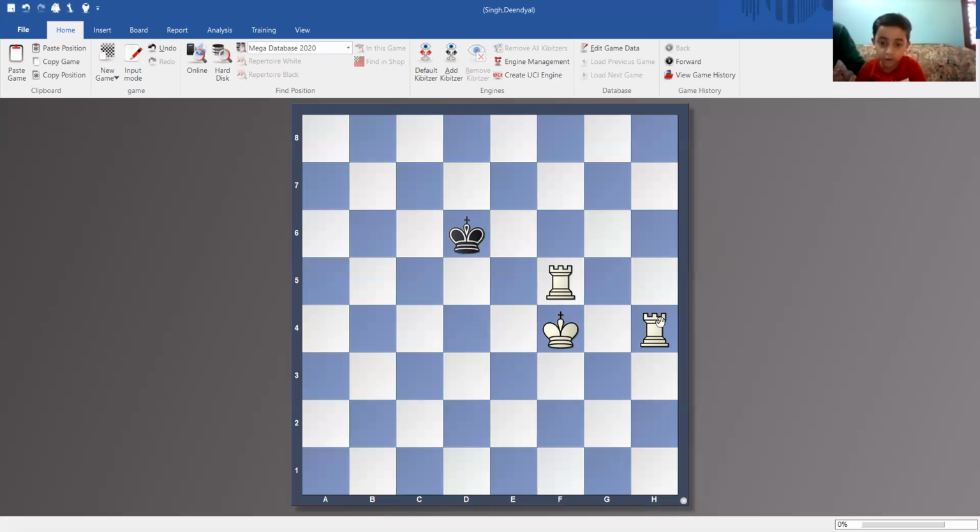H rook to h6. Okay. Where should I go? King e7. King to e5. e5. Good. I will play king e8. H rook to 8. Okay. I will play king e7.